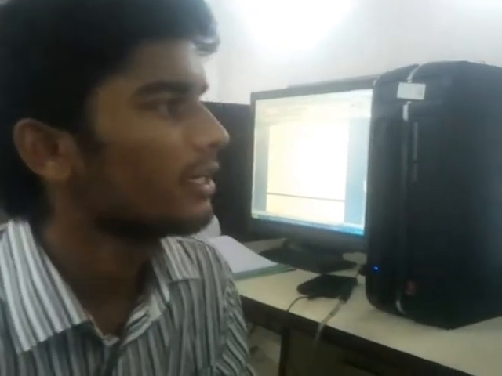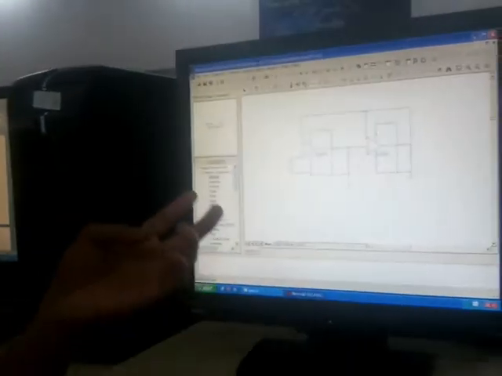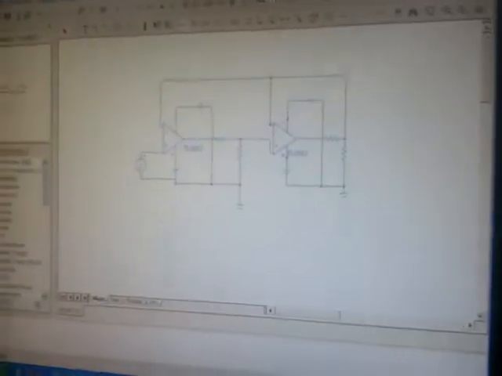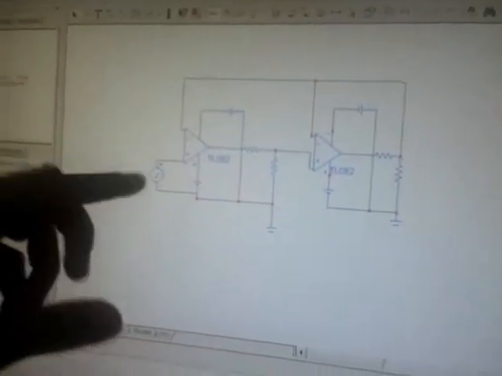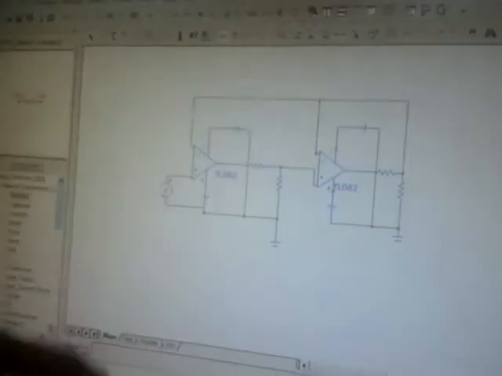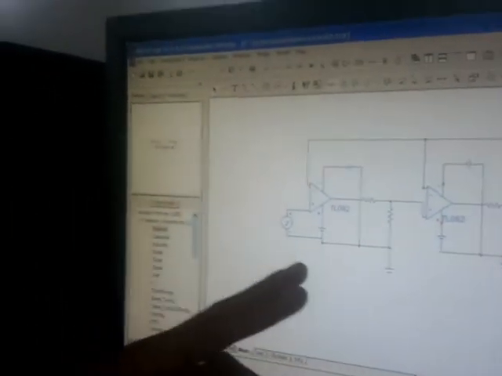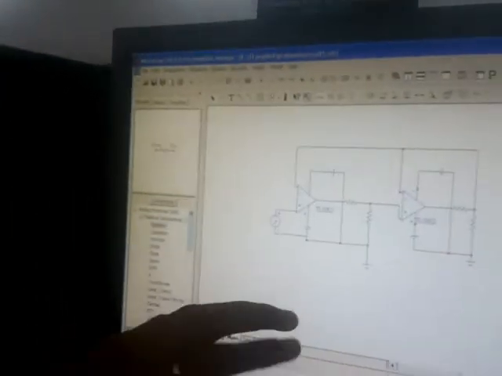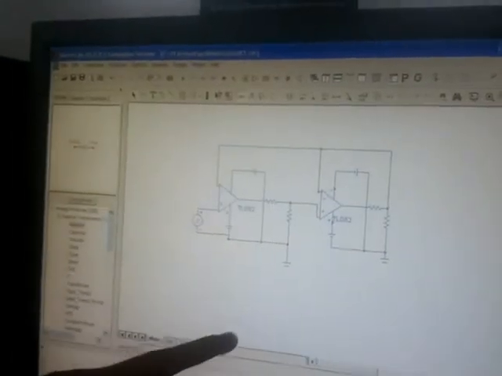While implementing our circuit, we faced certain difficulties, like first having to study MicroCap software. After that, we started implementing small circuits like this one, and after getting its plot, we implemented our main circuit and we got a phase and amplitude response of it. That sums up our simulation part.